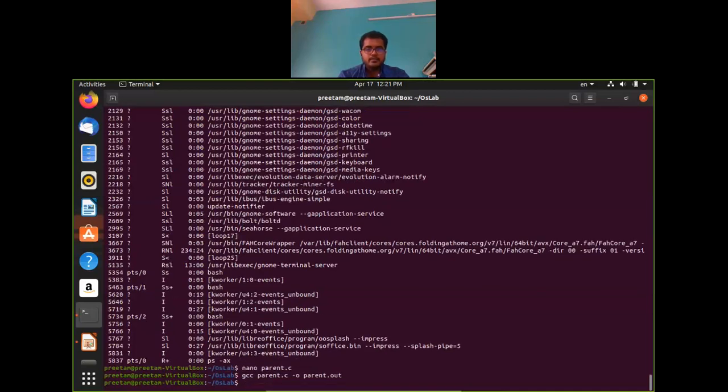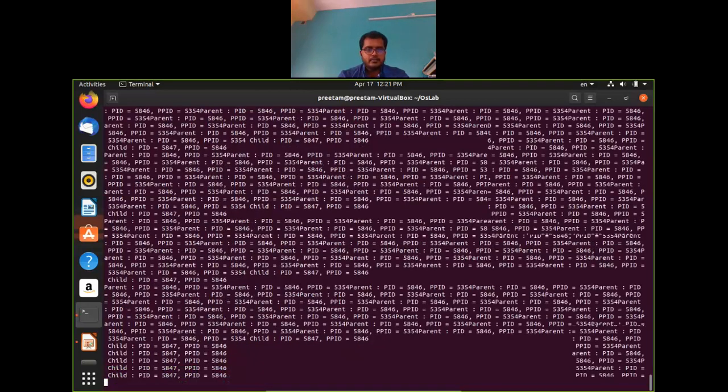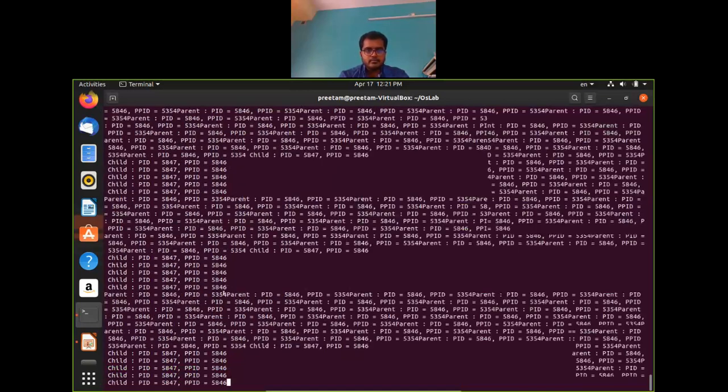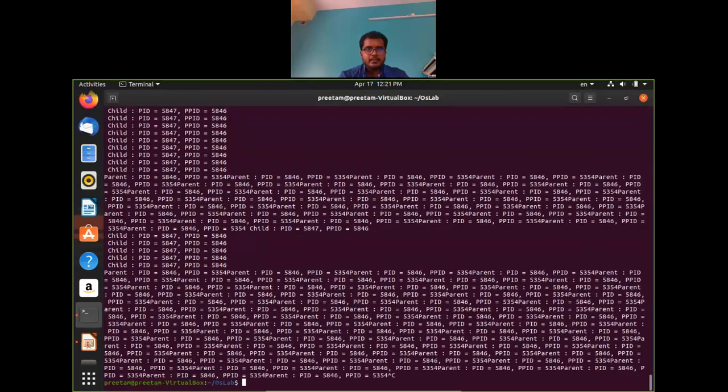So now if we run it, it will infinitely print the PPIDs of parent and child. I forgot. So see, since now the child and parent both are alive, the Ctrl C worked, since the parent is alive.